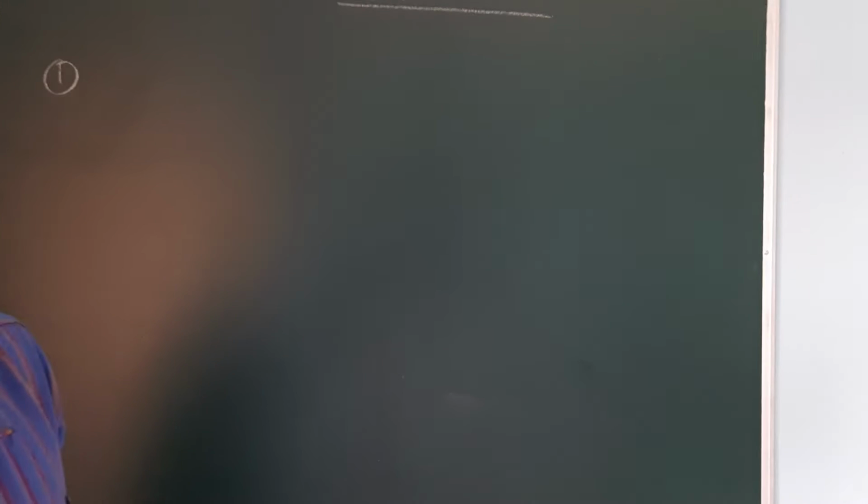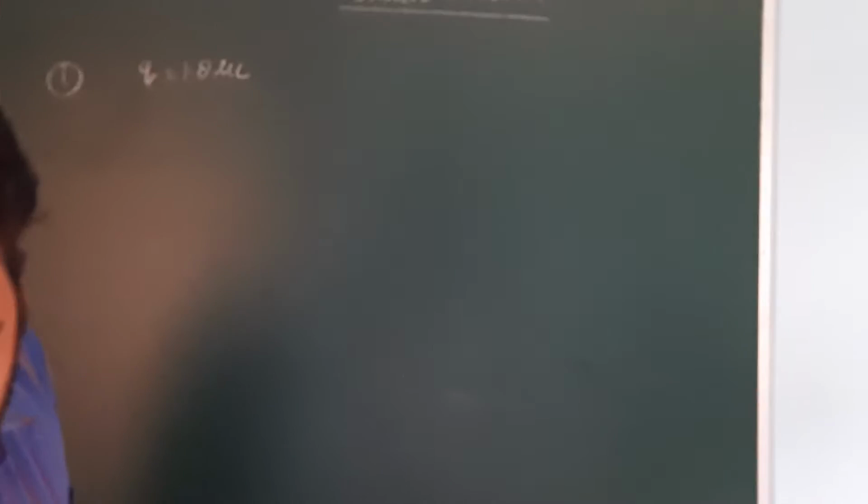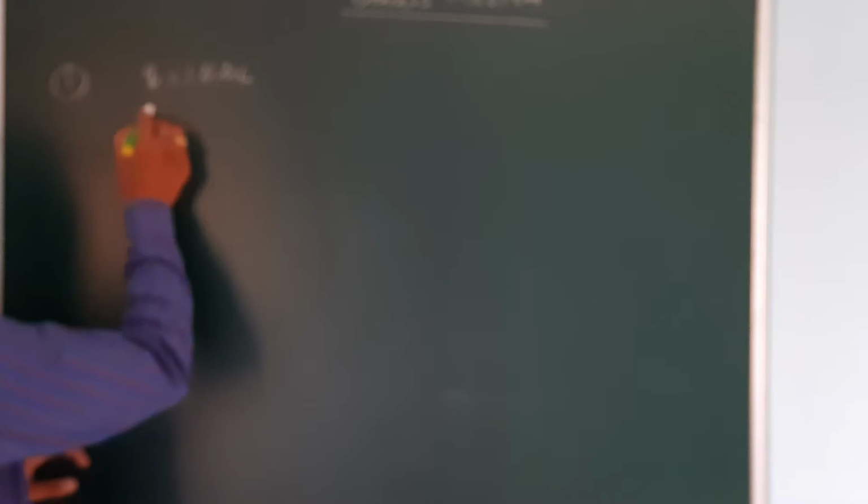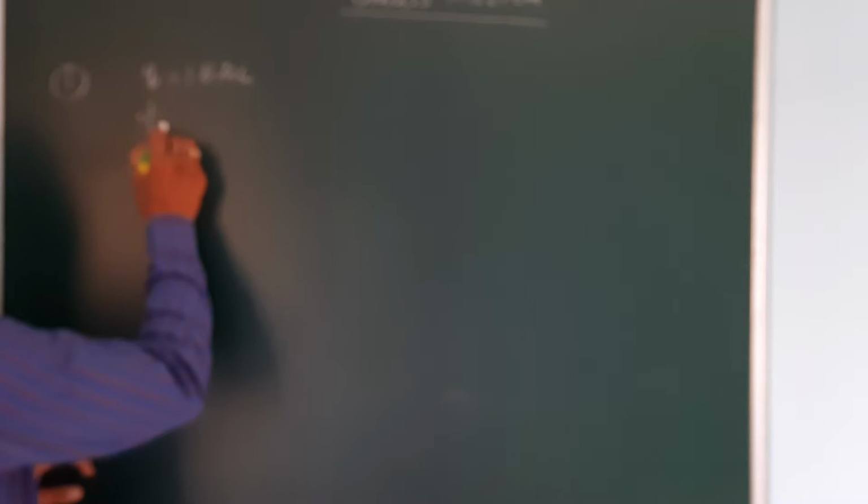A point charge of 1.8 microcoulomb. What about the magnitude of charge? That is 1.8 microcoulomb, at the center of a cubical Gaussian surface of 55 centimeter side. Its side is given, but it is not used to find the net charge. Find the net electric flux through the Gaussian surface.